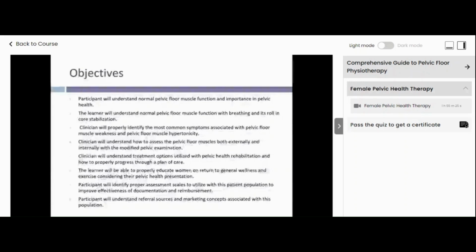And then I'd like to introduce everyone to the most common presentations that we see in the pelvic health world associated with female pelvic health. We'll be talking about an external pelvic floor muscle examination that can be used if you are not an internally trained pelvic floor therapist. And I am going to introduce everyone to the internal assessment as well,